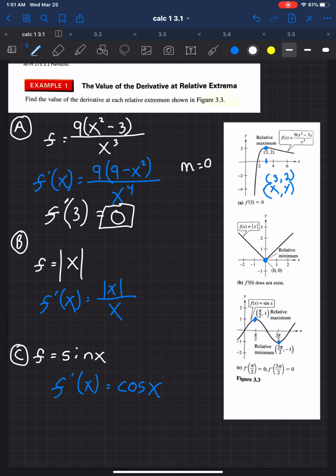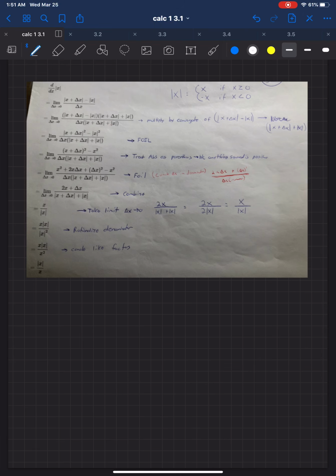The derivative? Let's take a look at the absolute value of x. By the way, if you've never taken the derivative of the absolute value of x, bear with me here. I've produced it quickly in its entirety here. You would have to pause the video to walk through. You have to use the limiting definition, but I'm not going to go through that setup here.